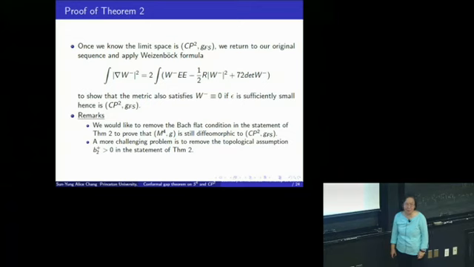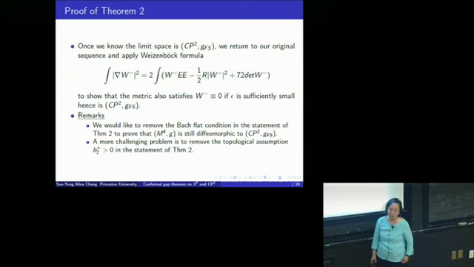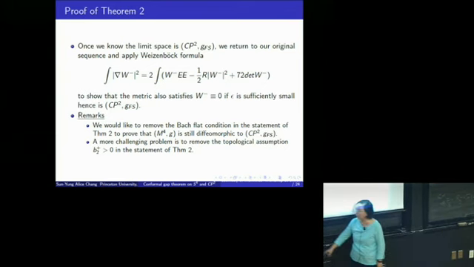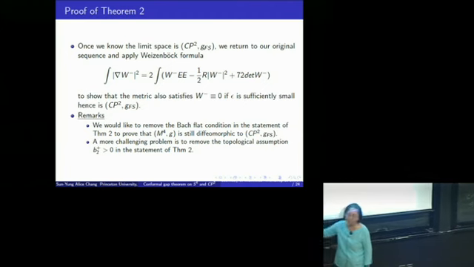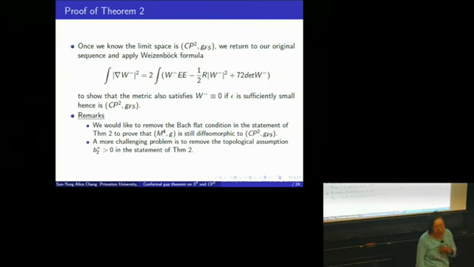But a much more challenging problem for us is how to remove the topological assumption that we already assume in this theorem, the Betti number assumption. We use the Gursky metric very critically. I think it's challenging to eventually prove the diffeomorphism theorem and to see how to remove this condition, and that we do not know yet.